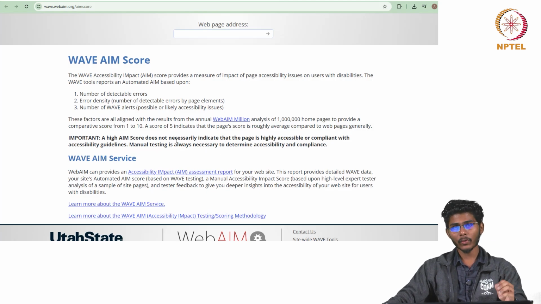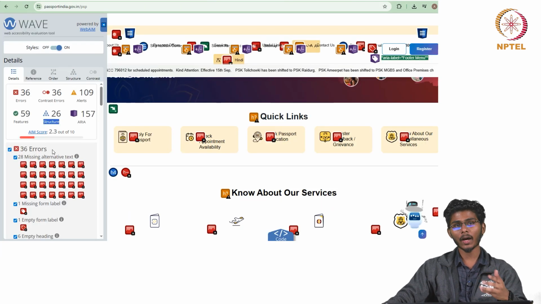But we should also keep in mind that a higher AIM score does not necessarily mean that the website follows every aspect of the WCAG guidelines or is more accessible than any other website. Even an interface with an AIM score of 8 contains many issues that we can generate through the web evaluation tool.